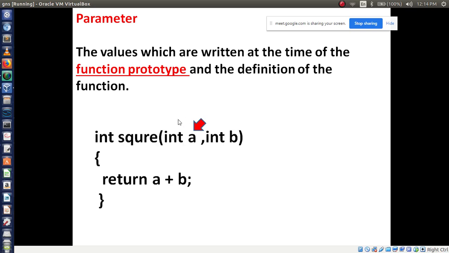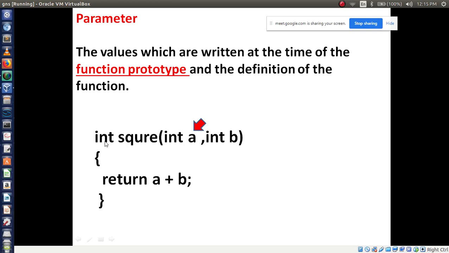Remember, the method name here is square. The values I have written here, int a comma int b, these are all called parameters, the values written at the time of the function prototype.